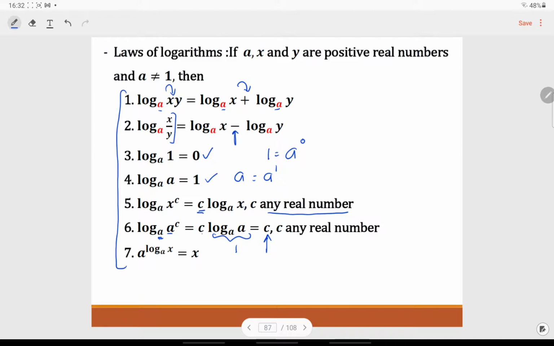And then a to the power of log x to the base a equal to x. This law could also be very useful when we need to solve logarithmic equations. Take note here. We need to make sure that this is equal to the base value. Then we can change this logarithmic form to become equal to x.